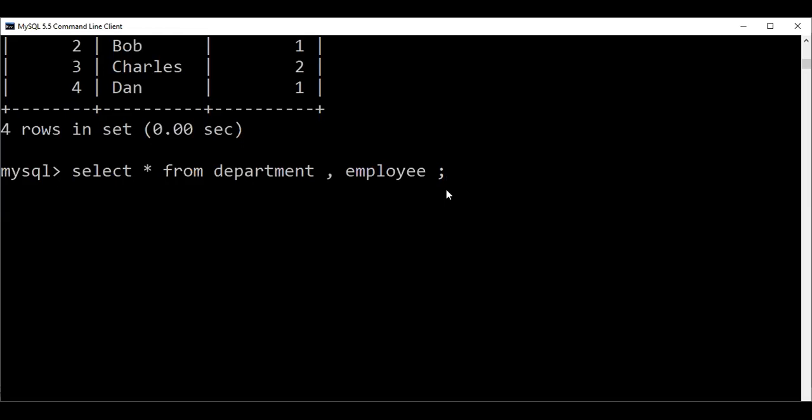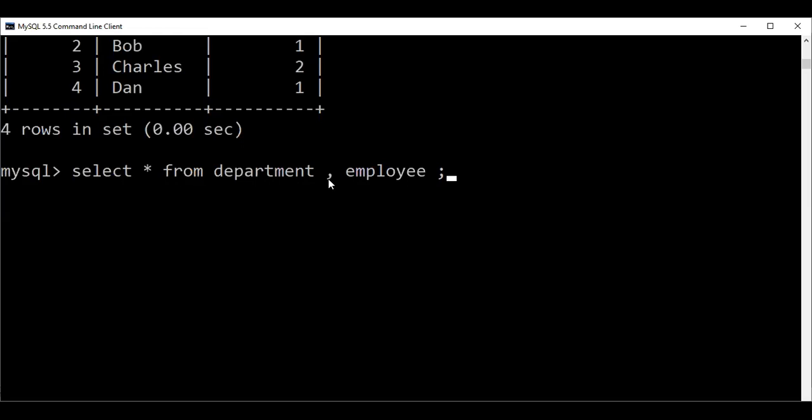This is not the inner information from the table, and it is also not the outer information from the table. It is both inner as well as outer. Out of these possible values, the student has to score any one. Similarly, out of the possible values from department to employee, obviously the employee will belong to one department, but the cross join gives all possible values. I have not used any cross join operator here. Simply a comma means it's a cross join operation. How many tuples will it give?